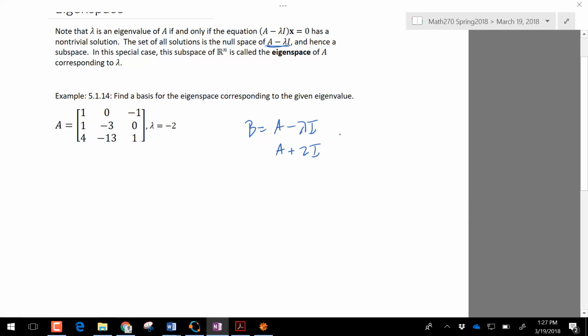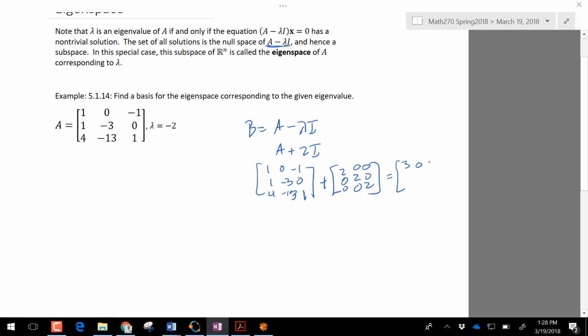So that would be the matrix 1, 0, -1, 1, minus 3, 0, 4, -13, 1, plus 2, 2, 2 in the diagonals, and then zeros everywhere else. So your new matrix B is